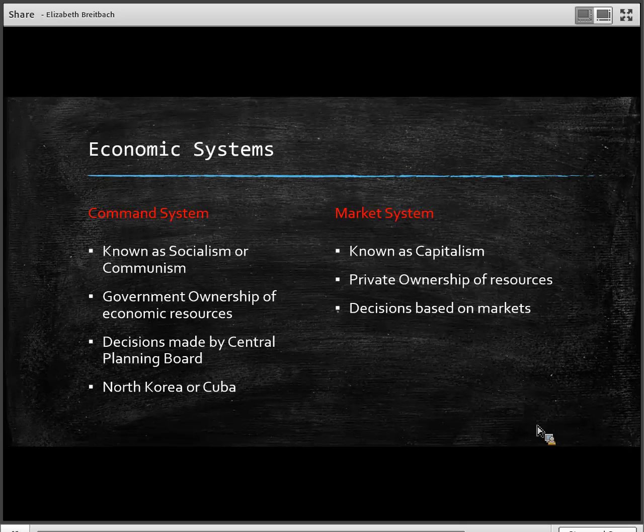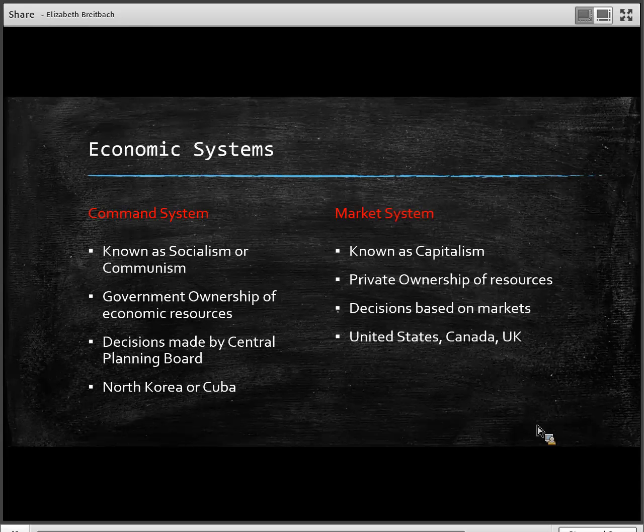planning board, we see that supply and demand, which we're going to get into in the next module, determines who gets the goods and what they pay for it. So the United States, Canada, the United Kingdom are all examples of market systems. There's capitalism, but again, they're not going to be perfect, and we're going to look at a little bit more